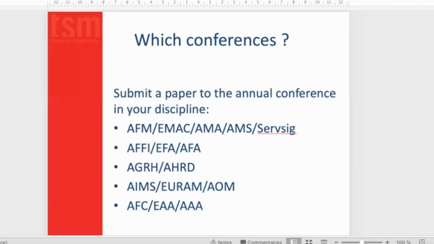You see here directly that all these associations edit very good journals. And that is why these are also the conferences we recommend, because, as I said, there are a lot of conferences which are not really worthwhile. So my first recommendation is to limit yourself to them, because in any case you cannot go to all conferences. And even within these associations, you can only go to one or two for time reasons, but also